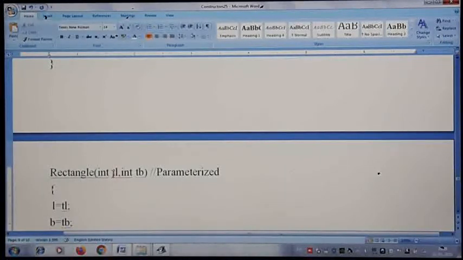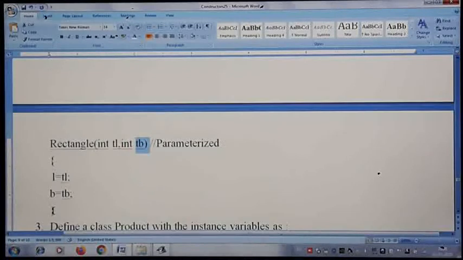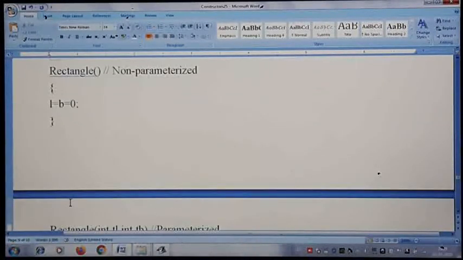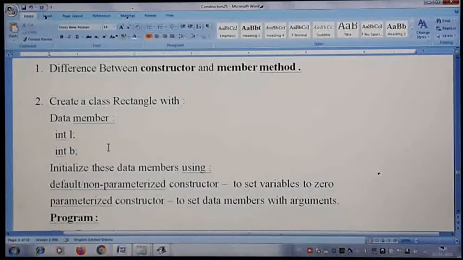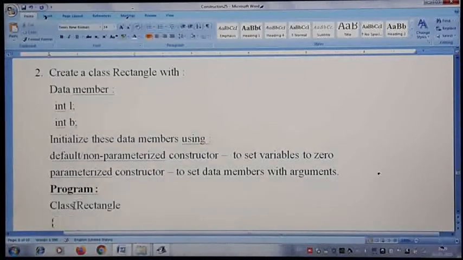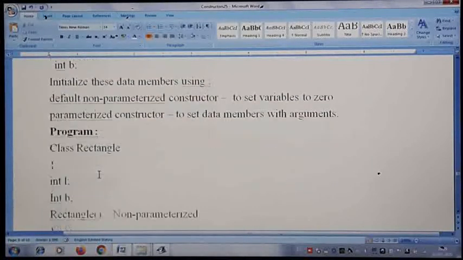Do not take it as length; take a temporary variable, just attached with the T, indicating that these are all temporary variables. TL and TB, that value will be assigned with that. So that is what is asked in the question. Suppose in section A, a small question for 2 marks or 3 marks will be asked like this. So what they are asking, you just write the answer for that. Create a class with data members and with the default constructor, and one more parameterized constructor. That's all, we have written the answer.